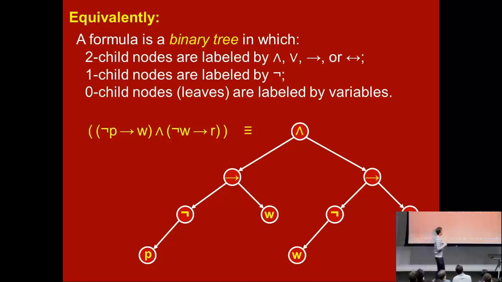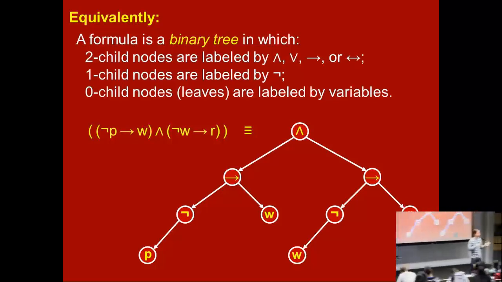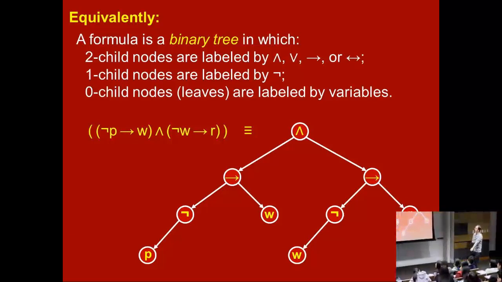Great. Now actually, there's another equivalent viewpoint on formulas, which is also good to know, and it can help when you're reasoning about formulas to have both ideas in mind. A totally equivalent definition is that a formula is a binary tree, like we defined earlier, where the nodes have labels on them. Any node that has two children should be labeled by one of the binary connectives, and, or, implies, or if and only if, like these ones. Any node that has one child should be labeled by not. And any leaf, any vertex that has 0 children, should be labeled by a variable.